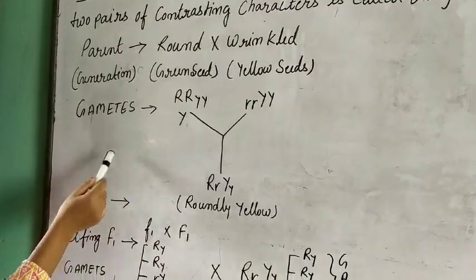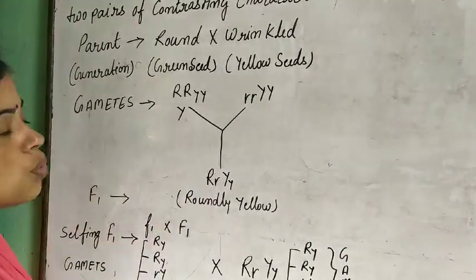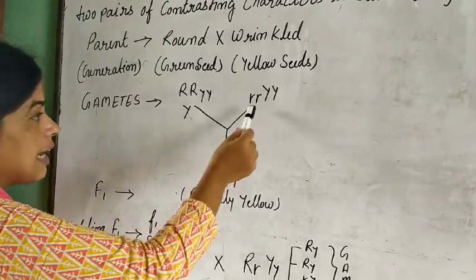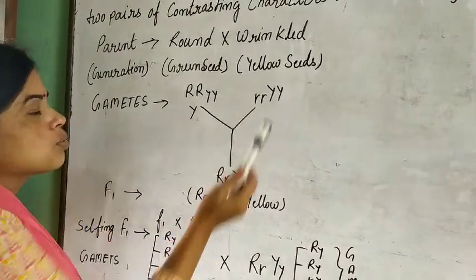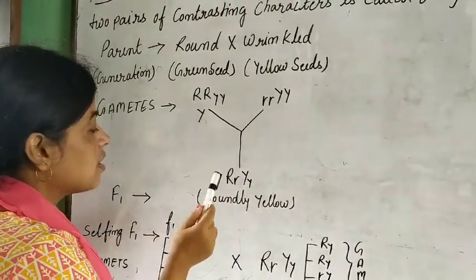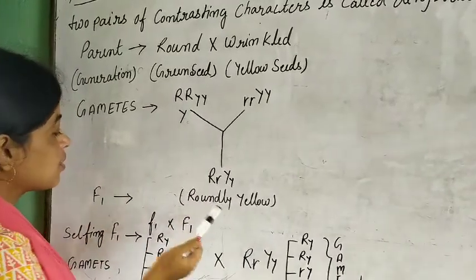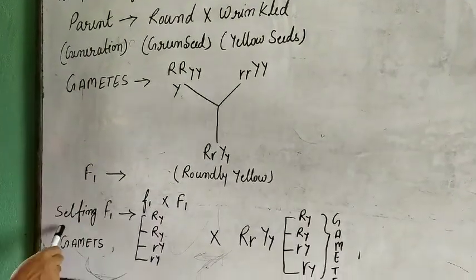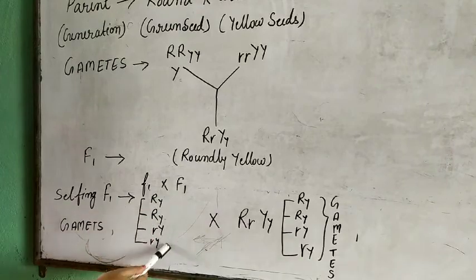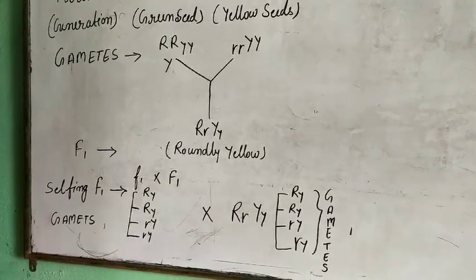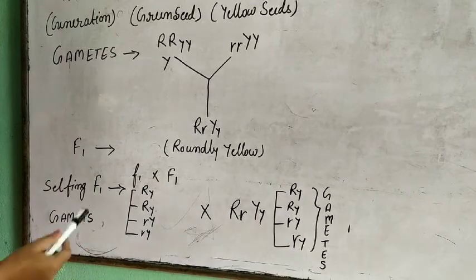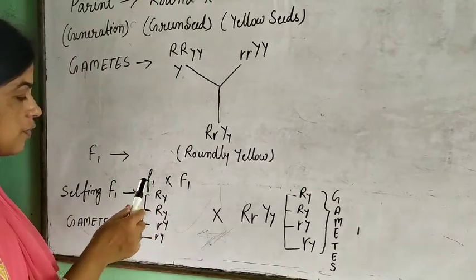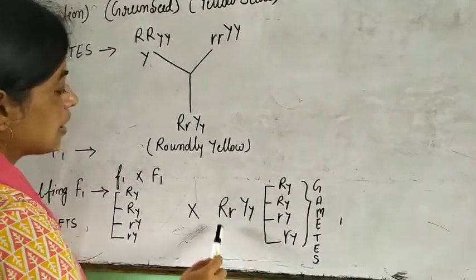What happened in this result? Gametes. Two gametes are tall and 2 are dwarf, and when they cross, the result is 1 tall, 1 dwarf, and 1 tall and 1 dwarf. This is the round yellow. In the F1 generation, on selfing the F1 generation, the result is here, and the gametes also show what happens in the F1 generation. When the small F1 generation is crossed with the large F1 generation, the result is here. You can see this.